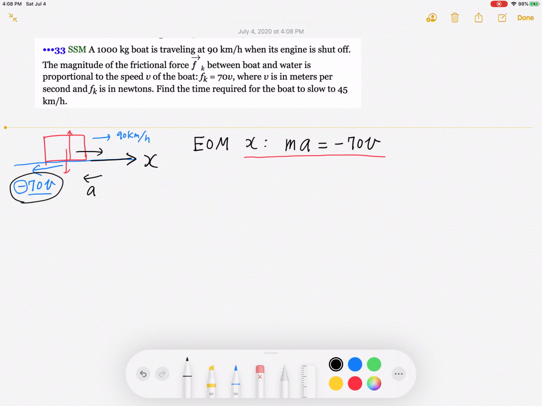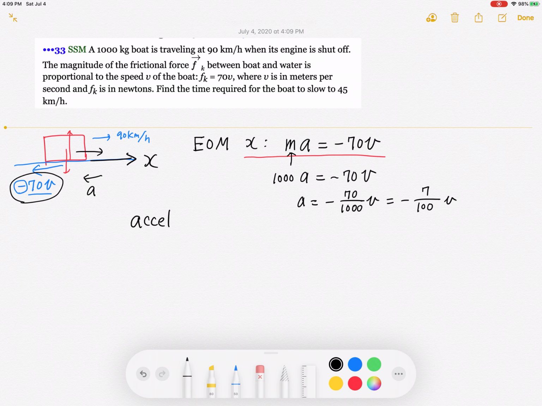Okay. Now, m, mass of the boat is 1,000. A equals negative 70 v. So A is negative 70 over 1,000 v, which simplifies a little bit to 7 over 100 v. Now, when looking at this problem, it's not very obvious how to solve the velocity, right? But if you remember,